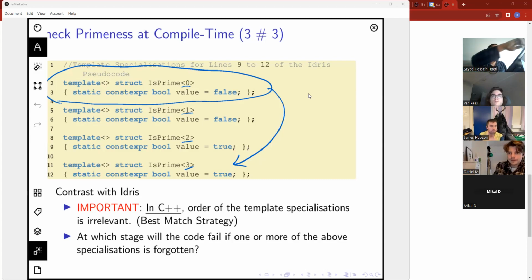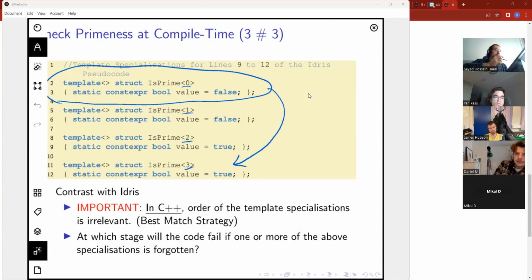Right. I have one question for you now that we are stopping here. You remember that C++ templates enjoy this thing called two-phase translation, right?